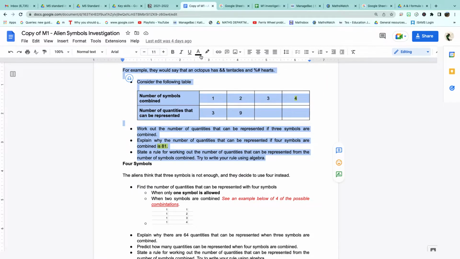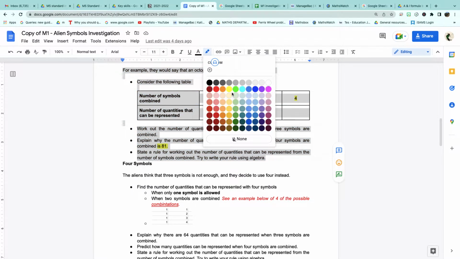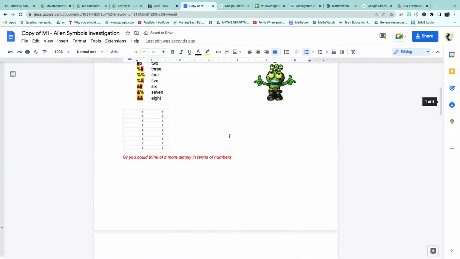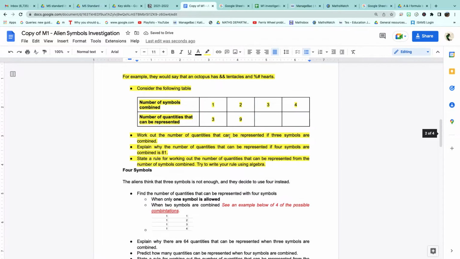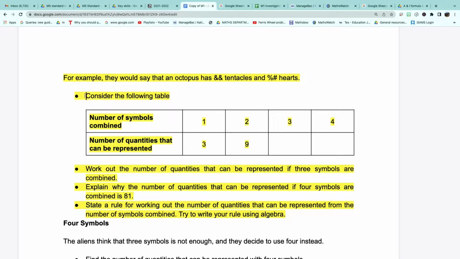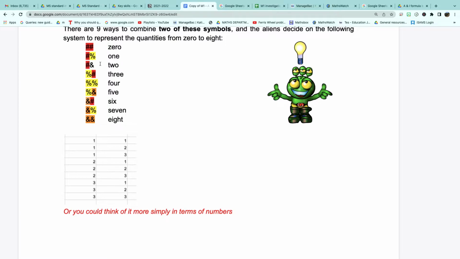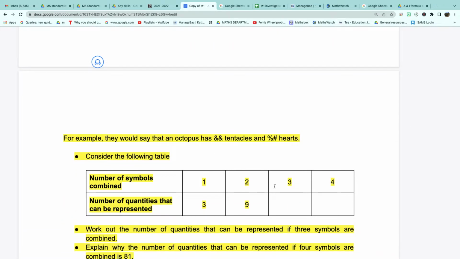So what I'm going to do is highlight this section in yellow. If you'd like a 5 or 6, you can ask me for support in the class, but I'm just going to go over this yellow section. So we have to consider this table. And we know that if we combine 2 symbols together in as many ways as possible, we get 9 possible combinations. These are our 9 different images. But we want to work out, well, what happens if we combine 3